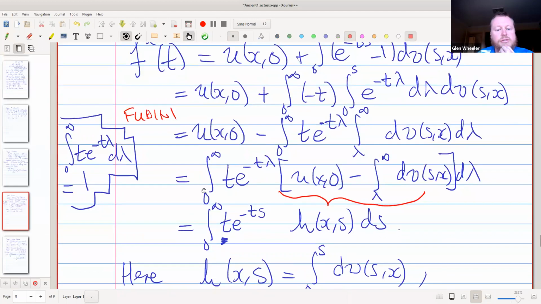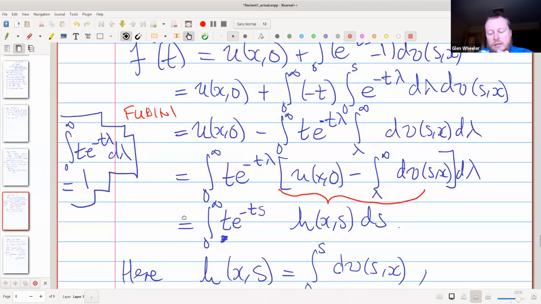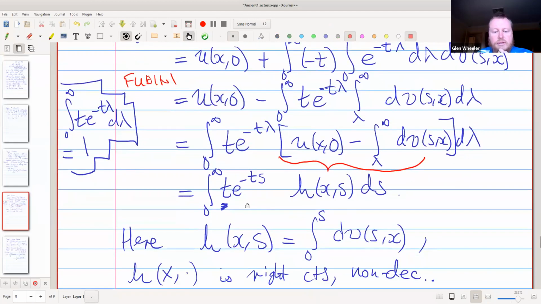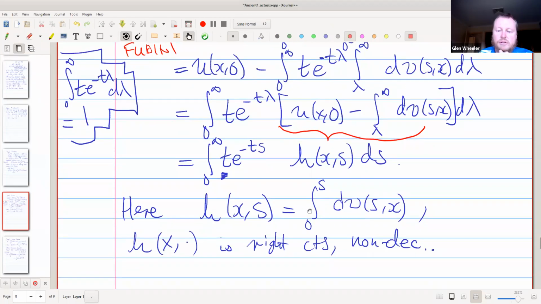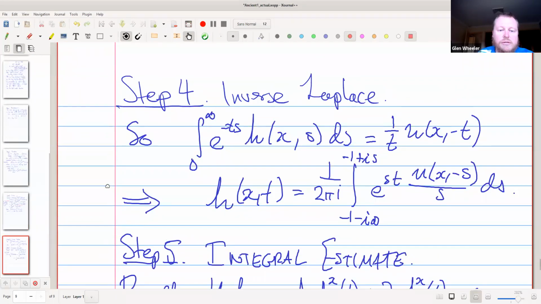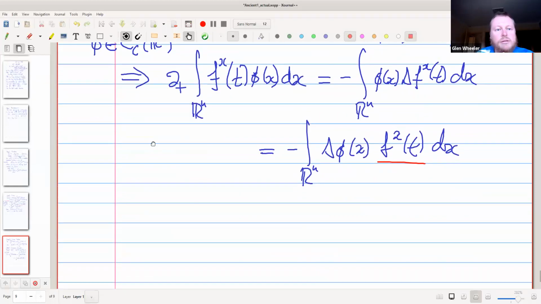We have this expression for f(x,t) in terms of the integral of t e^(-ts) h(x,s), and we have this formula for h, which is the integral of dν, and so we're going to put all those things together, sub them in here, and we're going to get,